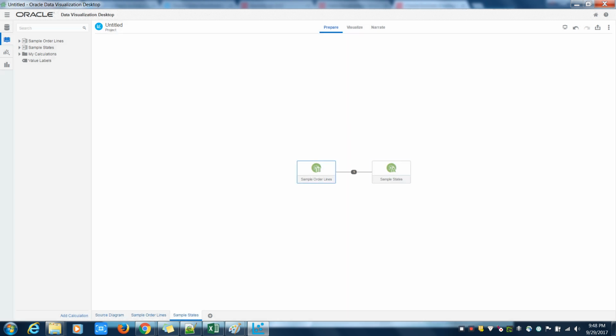Now once our data is prepared, let's go for visualize. In the visualize, again, these are my attributes or measures. After this, I see there are two options. The first one is the analytics and the second one is the visualizations. So let's first go for the analytics. The analytics primarily